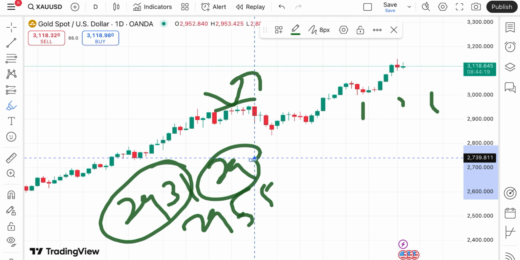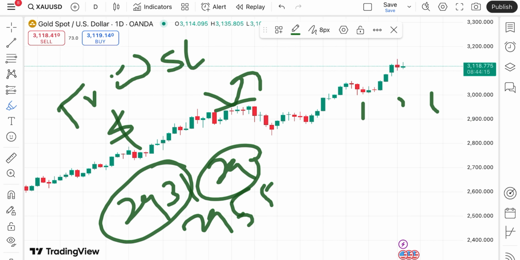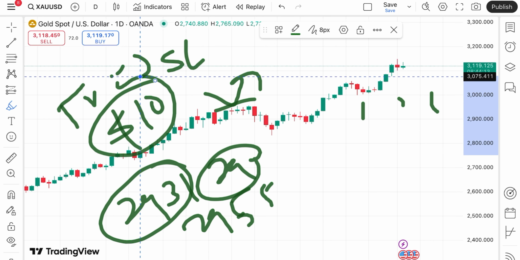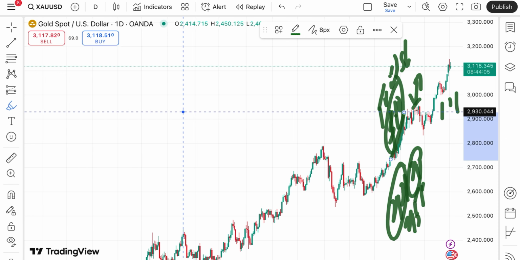Why I'm telling you all this? Keep trailing your SL, that is very important, by $10, as per the volatility. And once you are in profit, try to hold that profit by trailing your SL. The market will be very volatile. See, if I show you the dollar index,